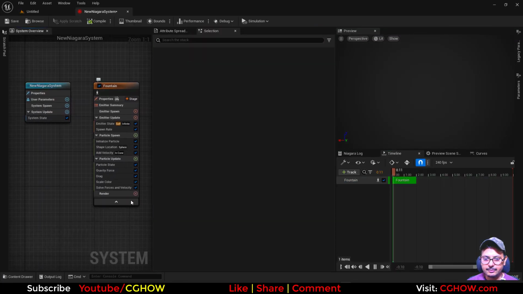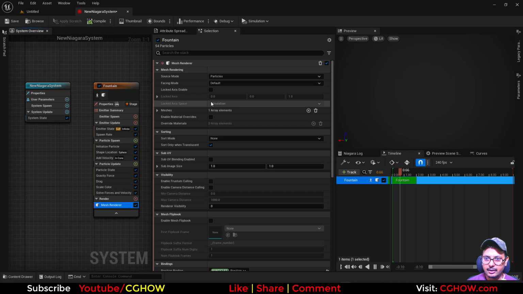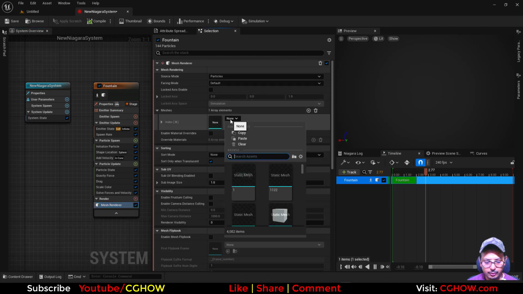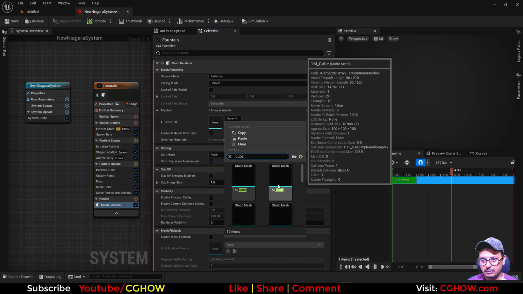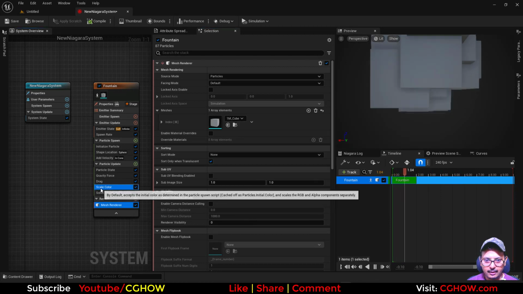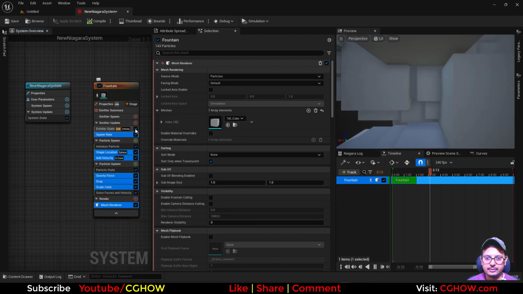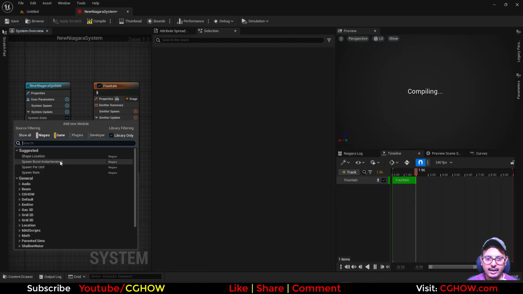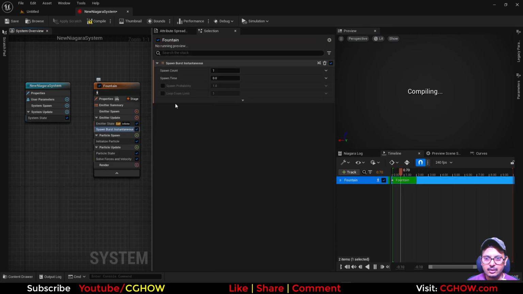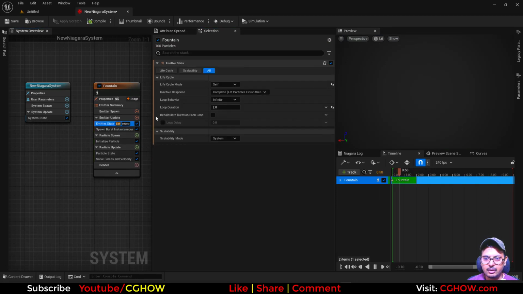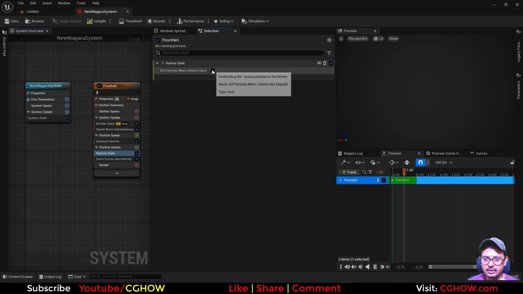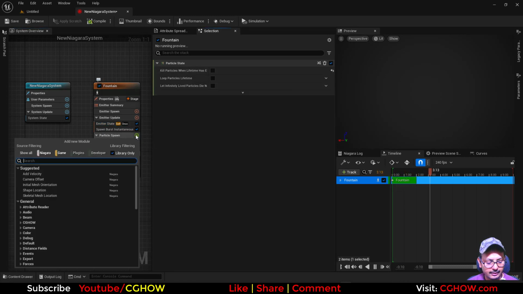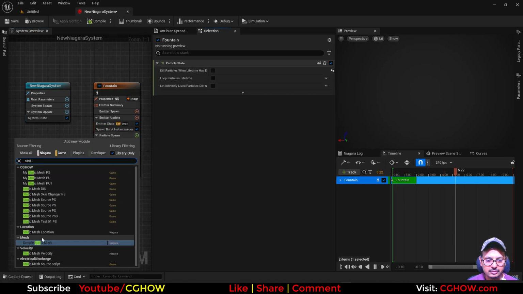and I'll delete the sprite and I'll take the mesh, and in mesh, I need cube and delete all these modules. And let's say you have burst, turn this on, maybe 100 particles for now, and just once, life is infinite. And I'm using static mesh default